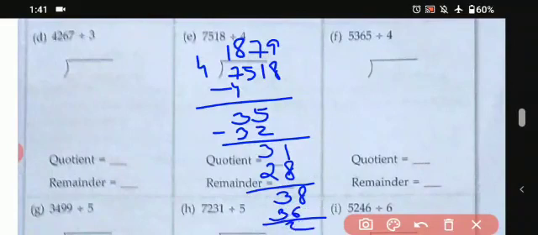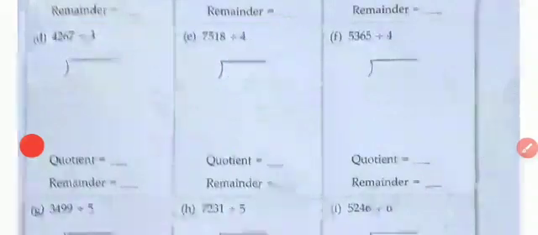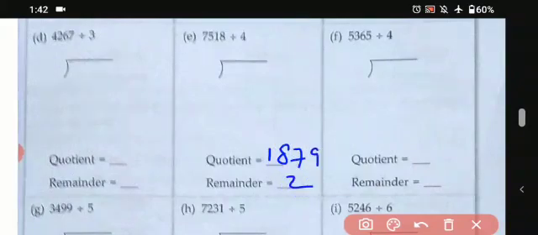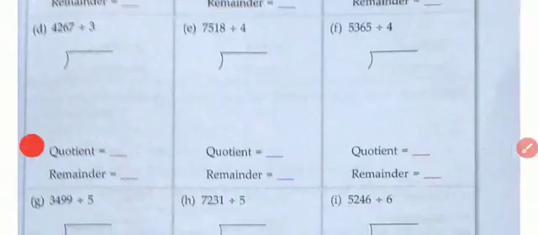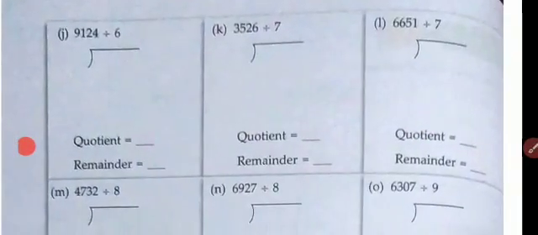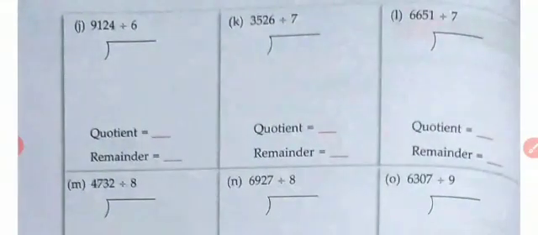Okay, students, this is how you have to solve this problem. So we'll be writing here like this: 1879. That is your quotient, and the 2 is the remainder. Okay, students. So this is how you have to do all these sums. So we'll do another one, that is